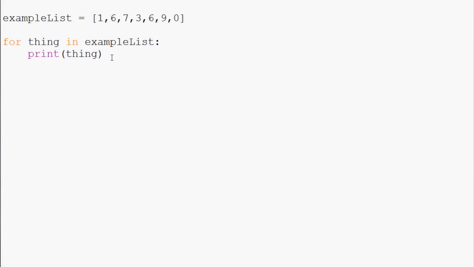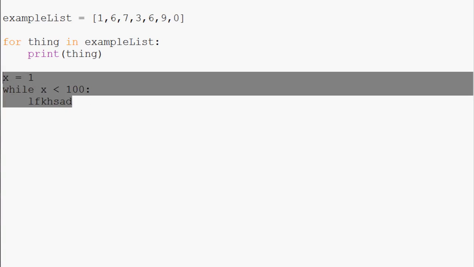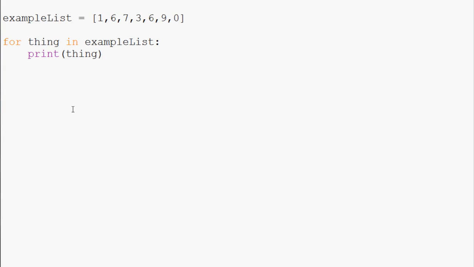Now, even though people tend to use for loops mostly to iterate through lists like this, you can also use a for loop as a very quick way to make a counter. So if you recall, our while loop required us to say x equals 1, then while x is less than 100 or whatever, do blah, blah, blah. That was a lot of lines to add, and maybe you didn't want to do that much. So another thing that you can do with Python 3, and really any version of Python with the for loop, is for x in range, and then we can say 1 to 11